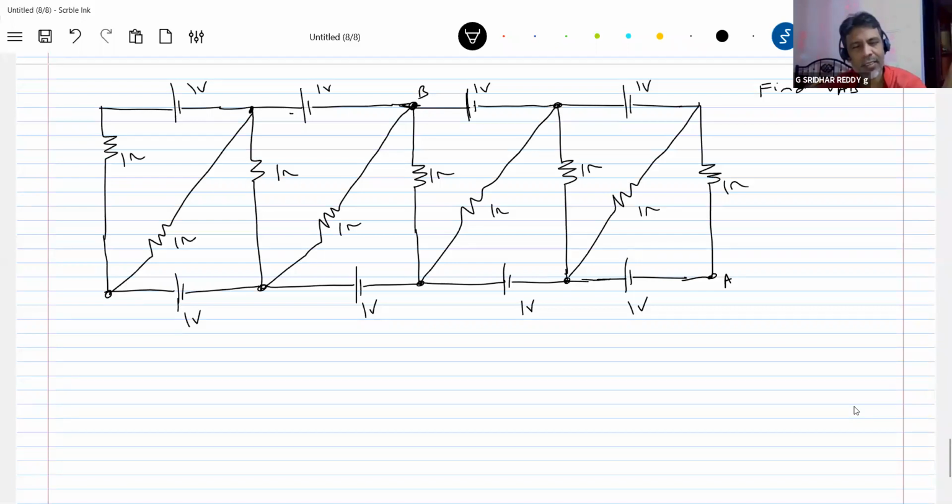First, the mesh analysis, the loop currents, mesh currents I1, I2, I3 up to I8. Or else the branch current method, you assume current I1, then divide the currents, and the charge of a cell should be considered in that way. The third one, nodal analysis. How many nodes are there? You check it. So many nodes. Node 1, 2, 3, then 4, 5, 6, 7, 8, 9. 9 nodes are there. Definitely you have to write 9 equations. Is nodal analysis advisable? No.